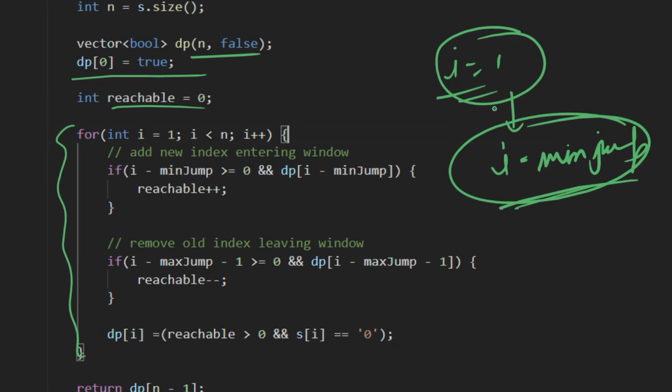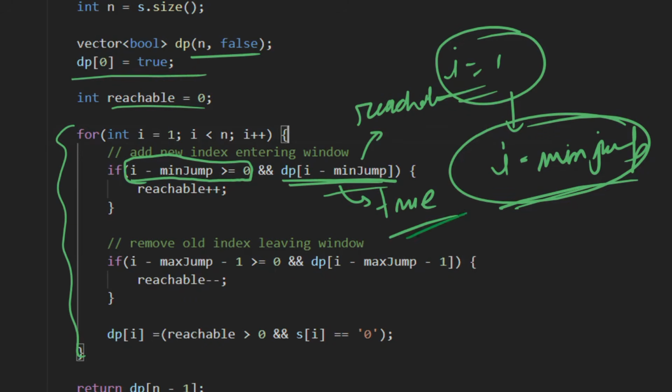We check whether that variable is greater than or equal to 0 and previously reachable, meaning dp of that variable is true, then we increase the reachable count by 1.